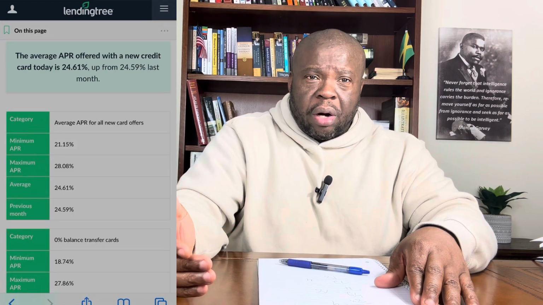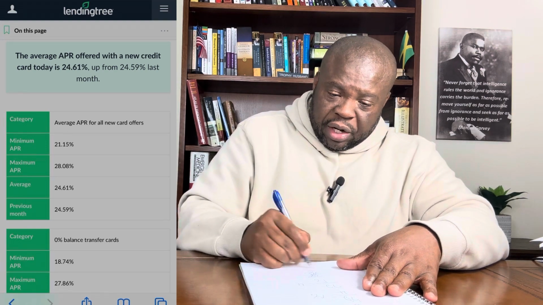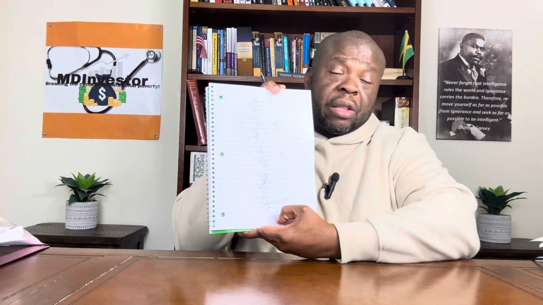There's a flip side to compound interest, and that's when you owe. For example, you owe money to a credit card company because you're carrying a balance, and the credit card company has an APR of 18%. We did it before. 72 divided by 18 is going to be 4, right? But now this 4 means it's going to take you 4 years for the amount of money you owe to the credit card company to double. Because it has such a high APR, 18%. Every 4 years, the money you owe to the credit card company is going to double. That's assuming you don't pay anything.